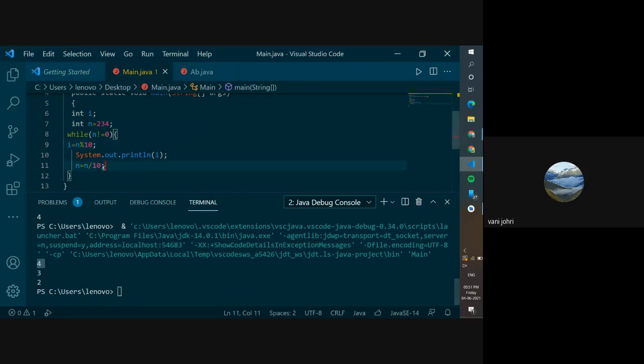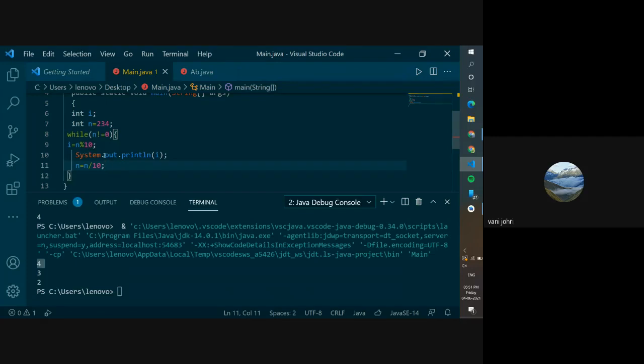And for the updation part, updation is not only supposed to be plus plus or minus minus. You can do multiplying, dividing, and you can take out modulus, just whatever you need according to the program. What we did, we divided it by 10. So this will give us the quotient. So when you divide 234 by 10, what's the quotient? The remainder is 4 and the quotient is 23, right? So the quotient is 23 and then it will go back up and check, is it not equals to 0? No, it is not equals to 0. It will come inside.